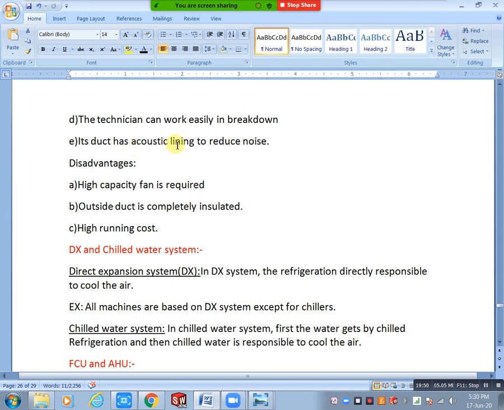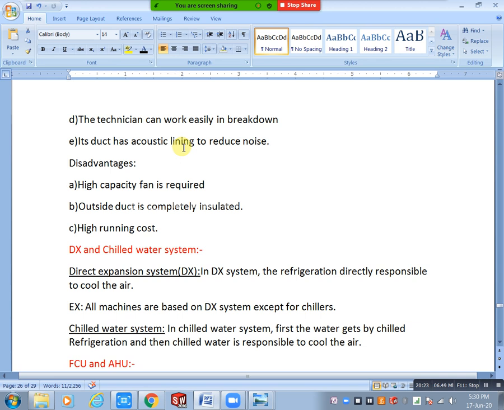Insulation thickness you already know. We will discuss it in duct design also. Insulation is a separate topic also. Here, acoustic lining means just consider it for noise reduction purposes. Okay, we are adding our thickness to the inner side, not the outer. Here acoustic lining means we are adding thickness inside the duct.